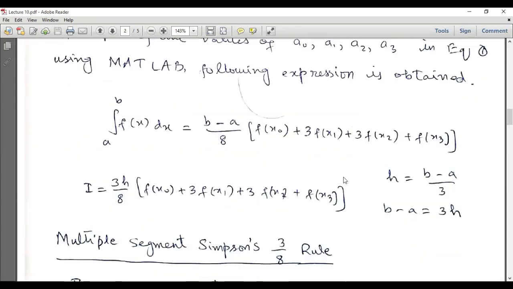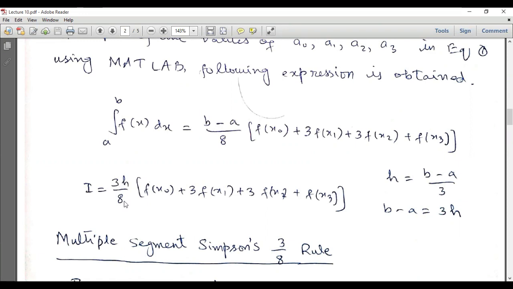In this case, h is equal to (b minus a) divided by 3. So b minus a will be equal to 3h, and we can substitute this value of b minus a in this expression, and it will be equal to 3h by 8. So clearly, you can observe 3 by 8 written over here. Due to this multiplier term of 3 by 8, this rule is called Simpson's 3 by 8